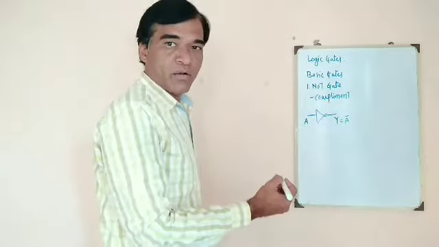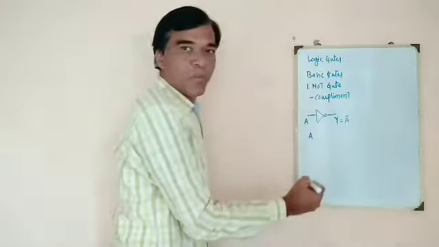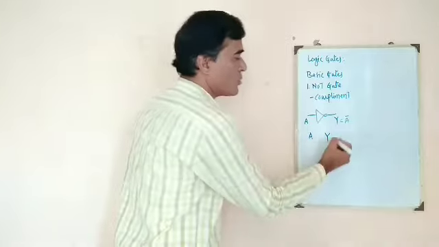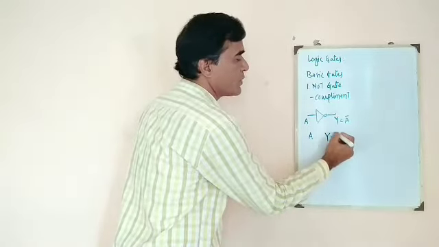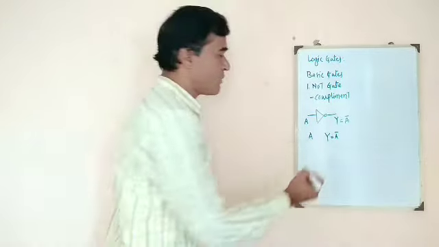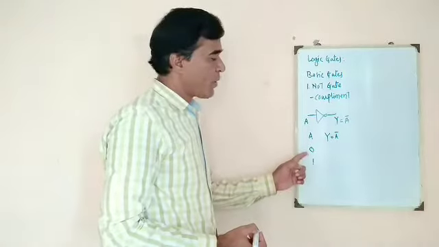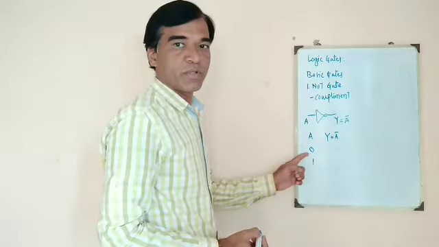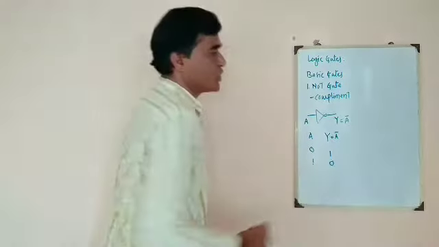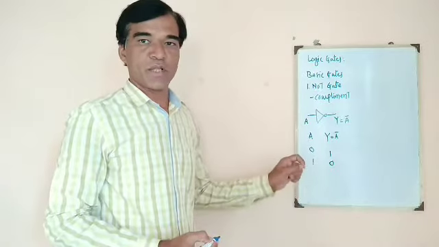The truth table for this NOT gate is, we have a column of input variables, then we have a column of output variable, where output variable y is equal to a complement. Different input combinations for this variable is 0 or 1. We know that complement of a 0 is nothing but a 1, and complement of 1 is nothing but a 0. This is nothing but the NOT gate, which is also known as inverter.